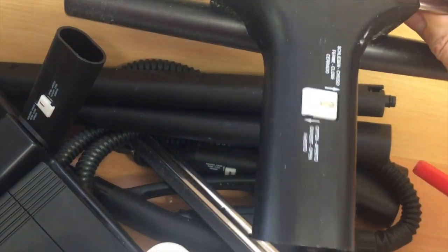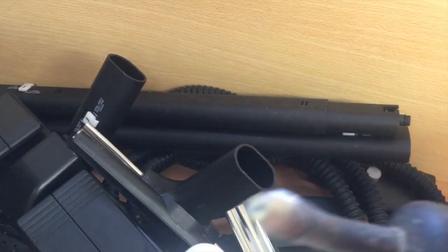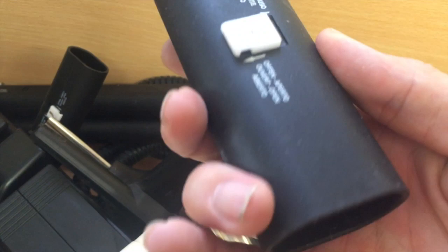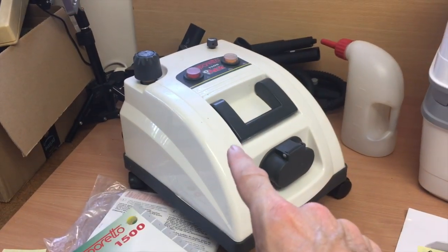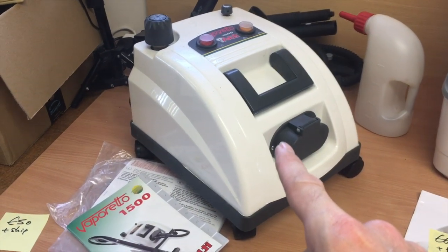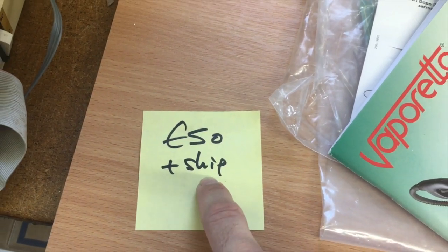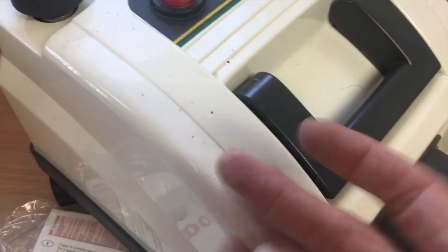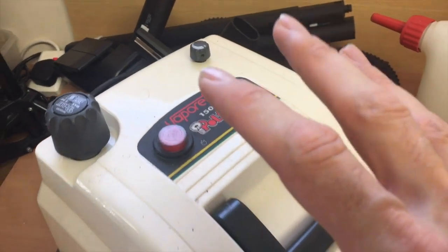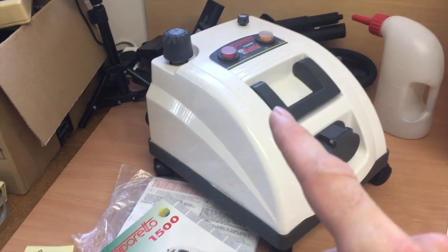all sorts. So I assume that's for windows. It's a high pressure nozzle. So I picked up, you may remember in the boot sale video, I paid £3 for this at the boot sale. It should be a comfortable 50 plus shipping or thereabouts. So again, it just needs cleaning and testing. It's quite filthy, but once cleaned and tested, that will be an easy listing and hopefully an easy flip